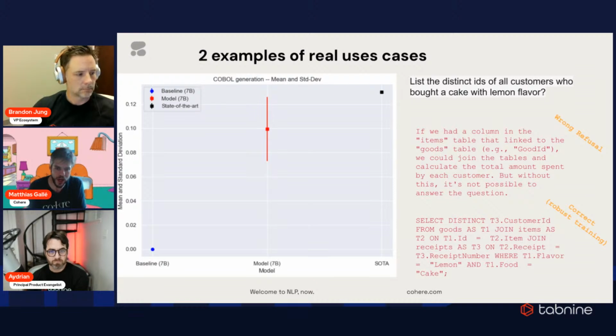The state-of-the-art model, the best one currently available, obtained a 13% pass rate on this data set. We took an internal baseline, which has 7 billion parameters, and it obtained 0%. We're not very proud of it. What we did is build a new generation of model, where we made sure that it saw COBOL data during its pre-training. And we know that a lot of the COBOL data is actually copyrighted, and I'm going to talk later about how we make sure to remove the copyrighted data.